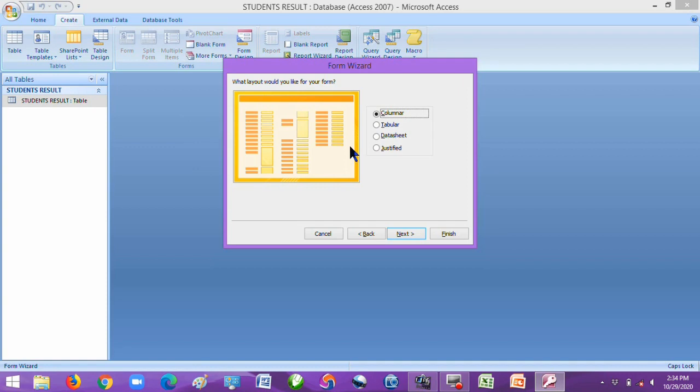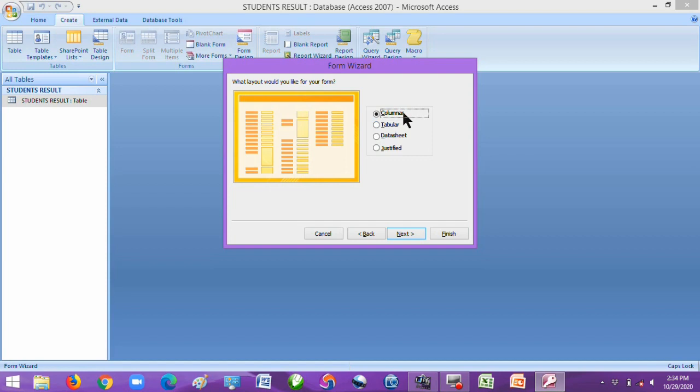Take note of what Access is asking you using the wizard. What layout would you like for your form? See the sample of the layout here. We have columnar, tabular, datasheet, justified. Please take time to create a form using each of these layouts so that you see the difference between each of them. But for our practical here, I will allow columnar to remain.